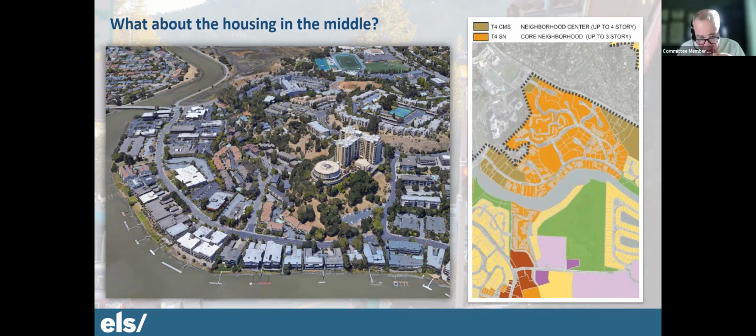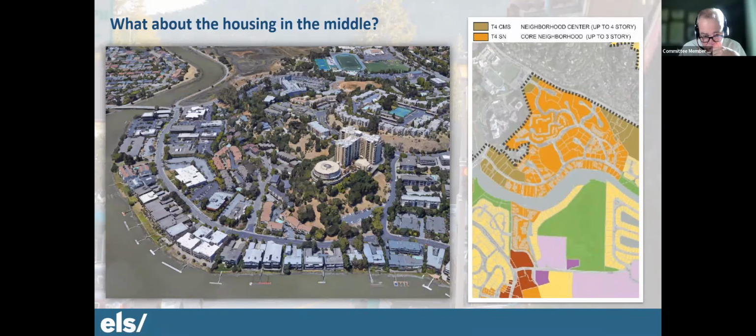No, that's basically the part of Greenbrae that's around the Tamalpais, right? That's what I'm looking at. That's the bridge up in the upper left. That's right. And we noticed all those waterfront buildings that you see in that photo all tend to be 3-floor or 3 over parking. So I think they're pretty congruent with what this is set up to do. Correct. I don't have a problem with that.